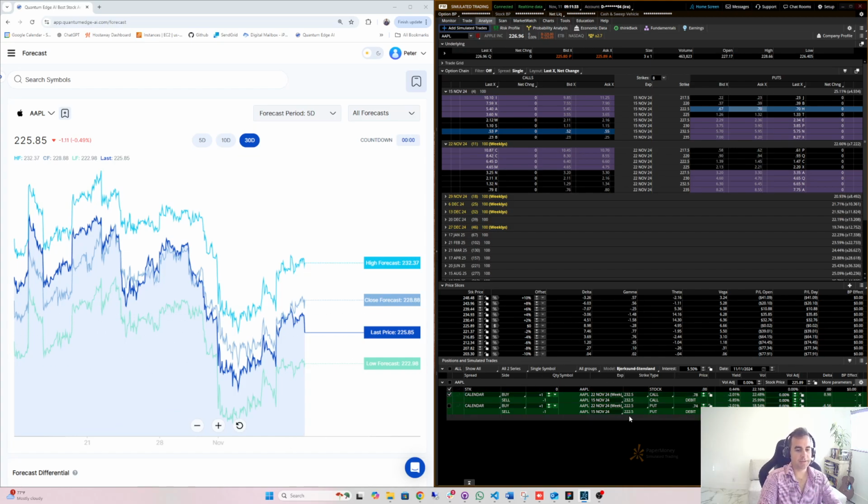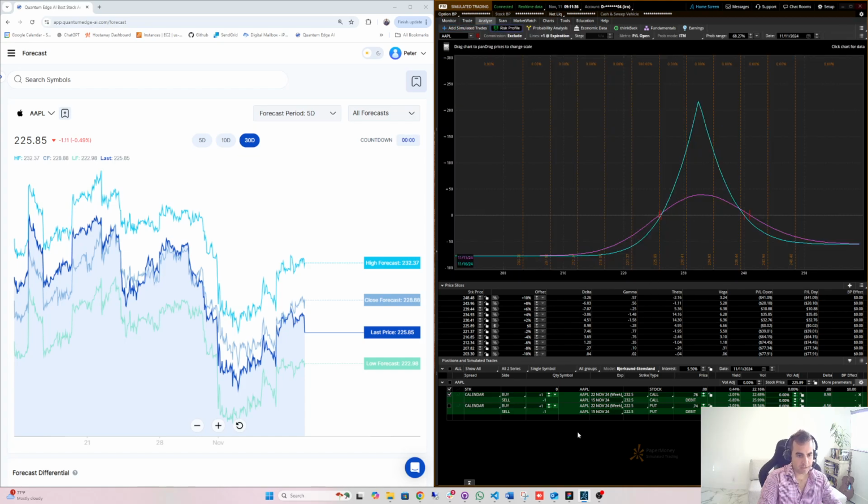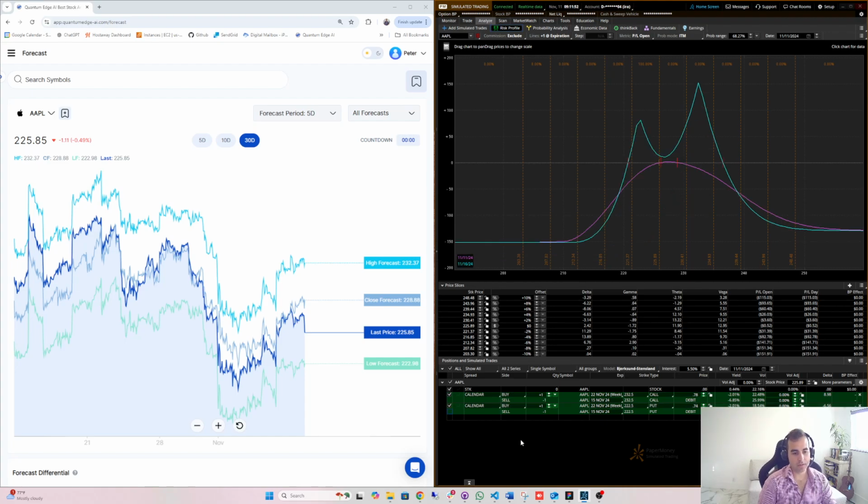So okay, let's go back into the double calendar. So let's say, okay, well, you have this position now, and you want to just add on to this position in a way, but you want to be risk averse and you want to hedge also. That's where the double calendar aspect comes into it, and you can also be long the put side calendar. The reason why this is beneficial is because now you've doubled your theta if you're looking at it at price here,